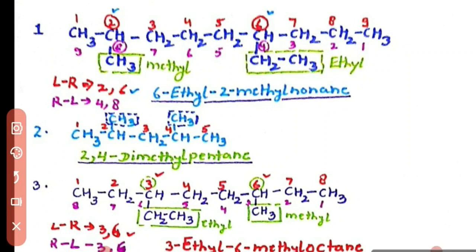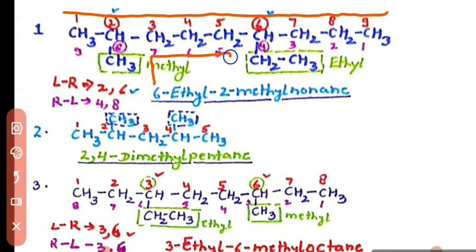Example number 1. Now first of all you have to select the longest chain. I have selected the straight one and another chain. There are two chains, one containing 9 carbon atoms. As you can see, there are 9 carbon atoms, and in the second chain the number of carbon atoms will be